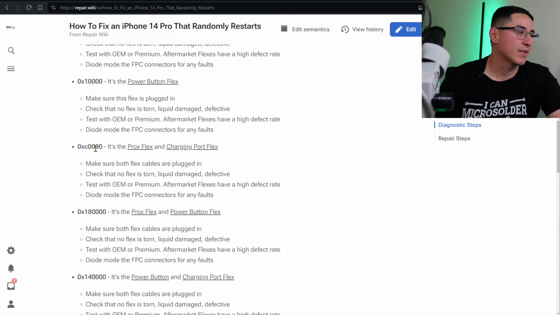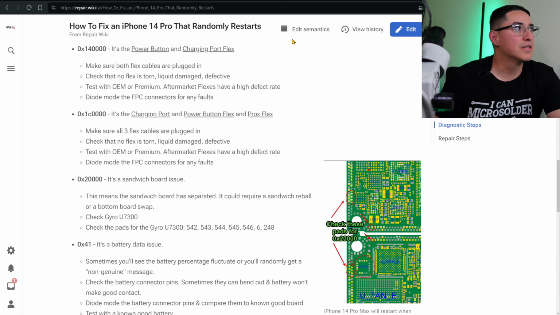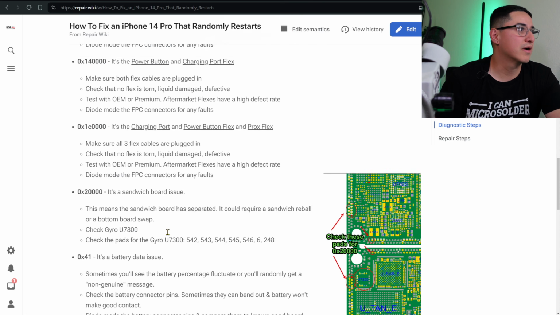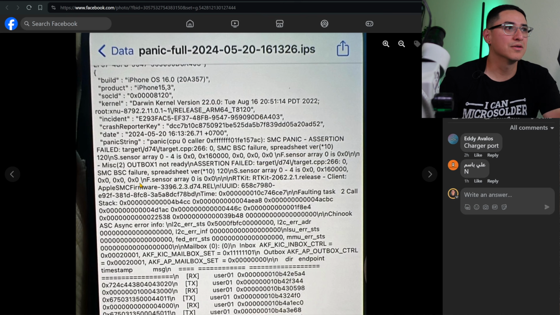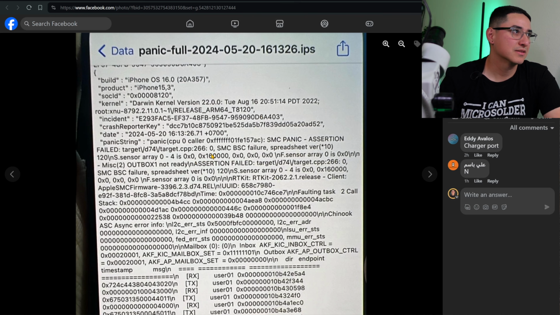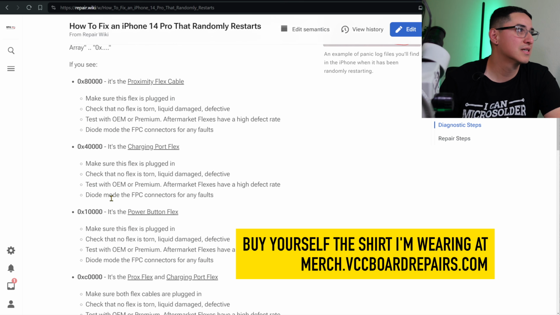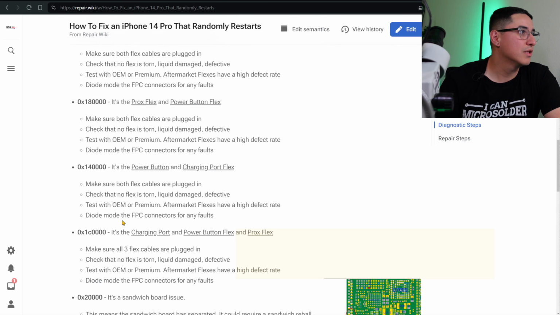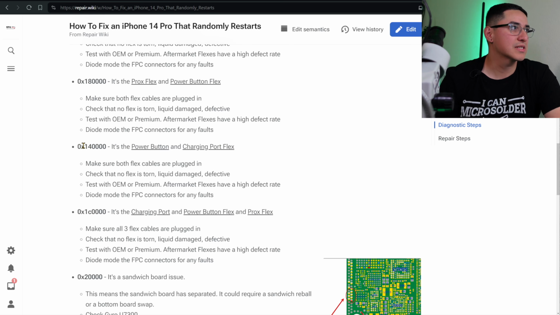So it's kind of programmer talk, but I bet you I know which one it is. So let's actually figure it out here live on camera. I think. I don't know. Well, the thing is, I don't know anything about this phone's history, so I can't know if it'll fix it. But 16, like these first two numbers, how do you generate 16 out of these? So if you look, this one is pretty close. So power button and charging port flex generate